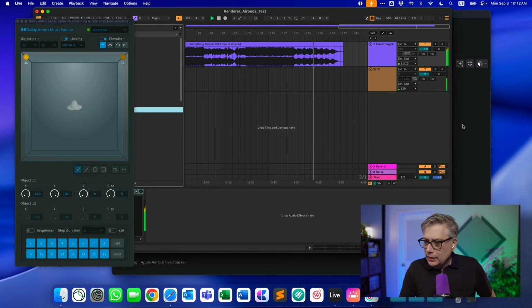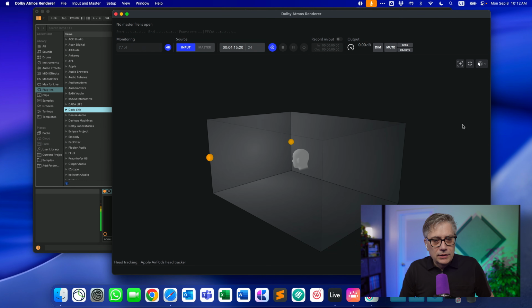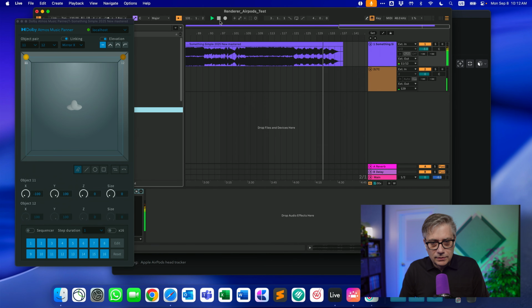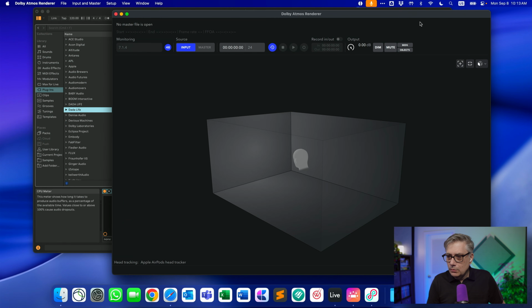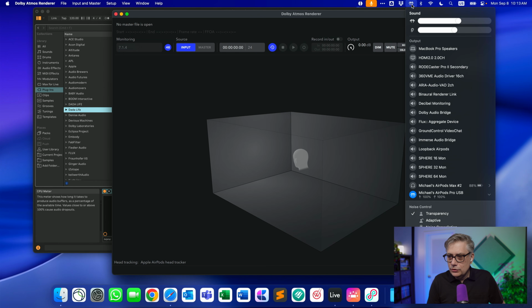So one final thing that I want to mention is that you actually don't need to choose the AirPods as your output device in the Dolby Atmos renderer. Let me just turn off the audio for a second for that. As long as the AirPods are connected to your Mac as the main audio device, it will take the head tracking information. So once again, I have the AirPods connected here.